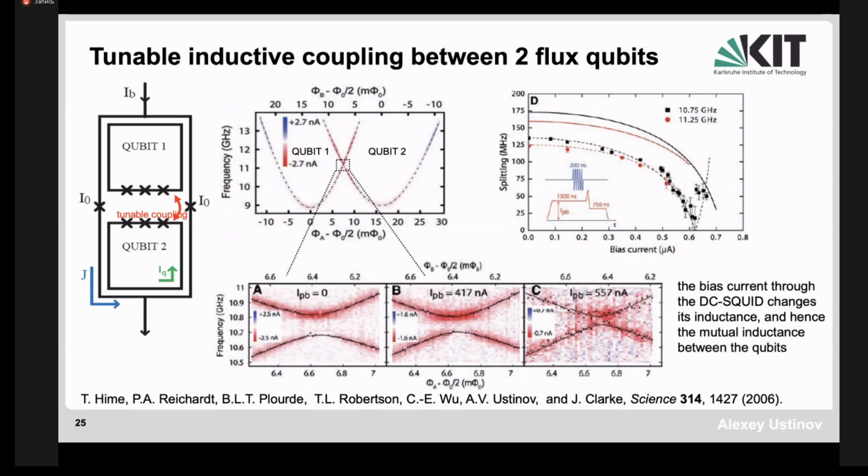So when you look into the spectrum of the first qubit and the spectrum of the second qubit, these are these hyperbolas, the square root of epsilon squared plus delta squared. There is a point where the frequencies of the two qubits are identical in this flux. And as you know, if you have two quantum systems which interact and have the same frequency, then of course this interaction leads to, as English literature tells, lifting